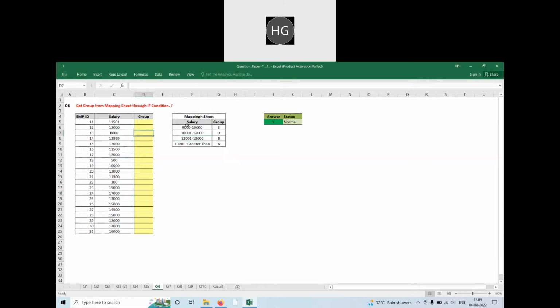So what formula? Because we want different results. If we want more than one answer, in that case we always use the IF condition. Equals IF this value is greater than or equal to how much? 13,000. 13,000, then what answer do I want? I want A. If not, now we will check the second value. Second value means this value here, 3 times 4, this value is greater than or equal to how much? 12001.